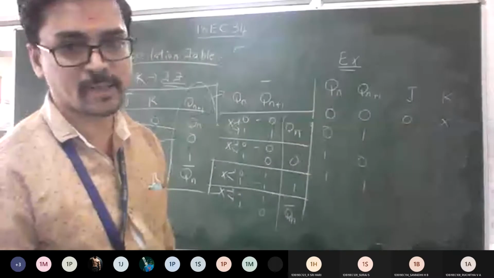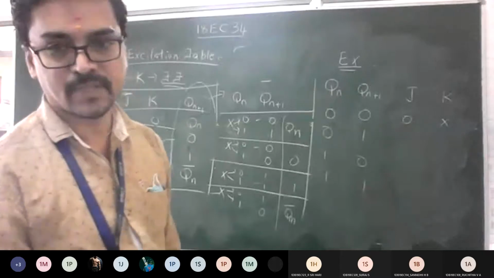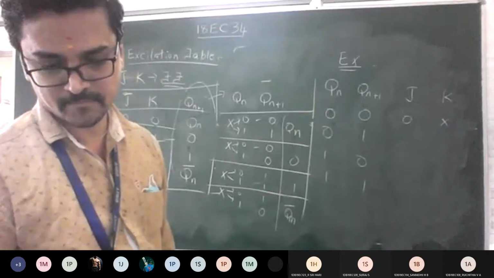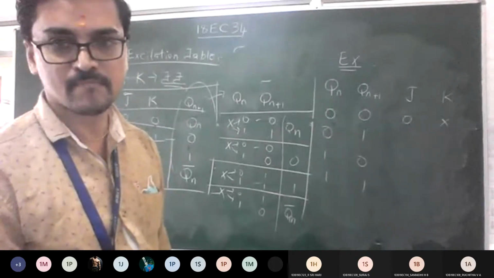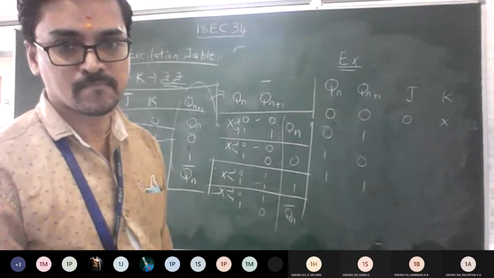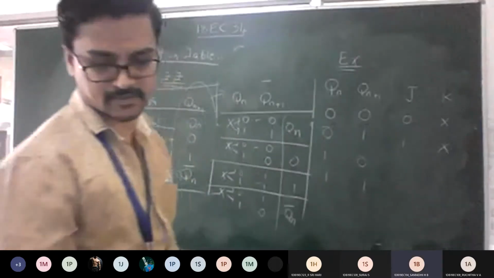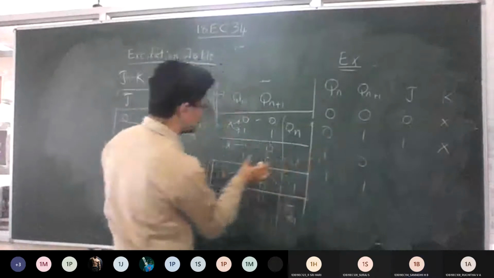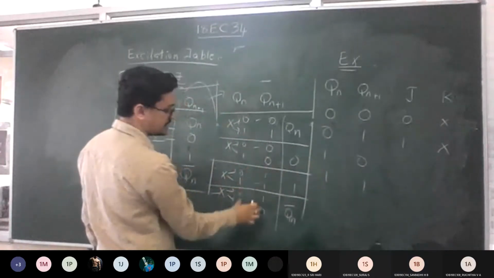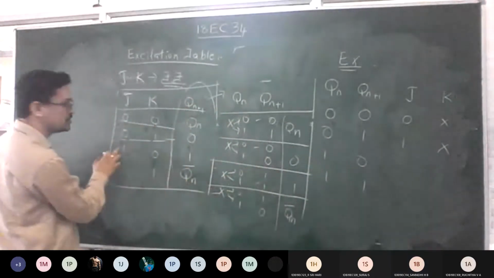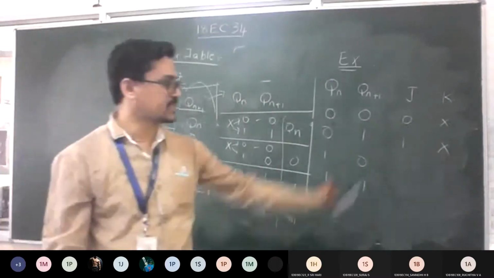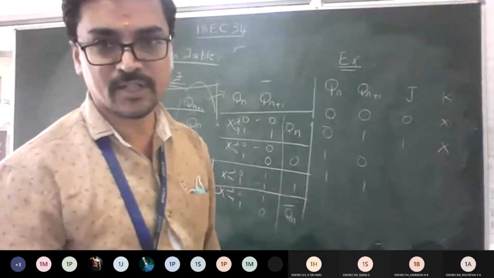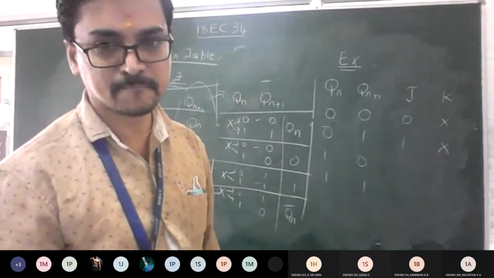For 0 1. 1 X. 0 1, you got it wrong. 1. Is it correct? 1. So just search for 0 1. 0 1 is here and 0 1 is here. In these last two, 1 is common. That's why 1, as your friend told. So 0 1 is a don't care condition. That's why X. I think you're able to understand now how to write an excitation table, everyone.